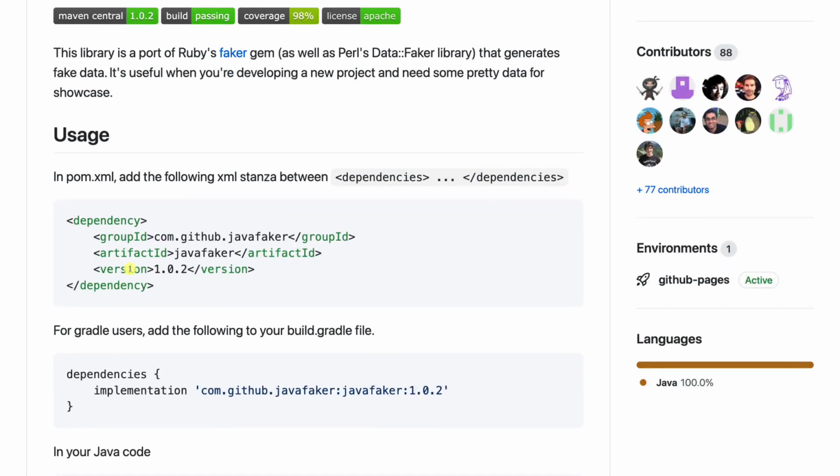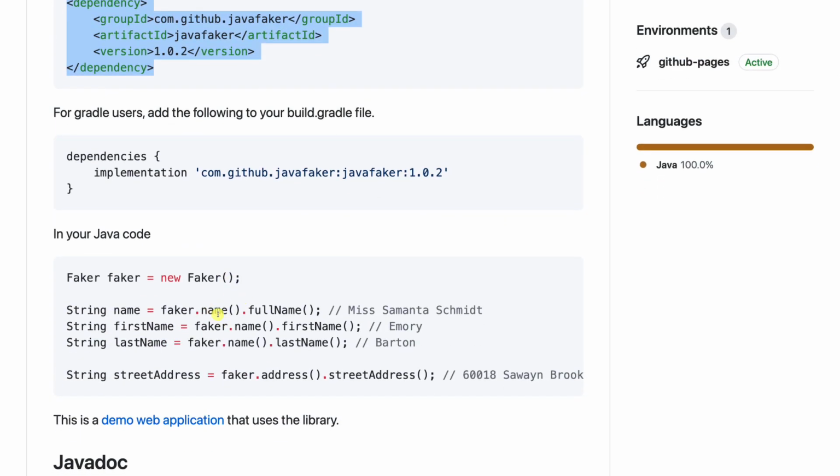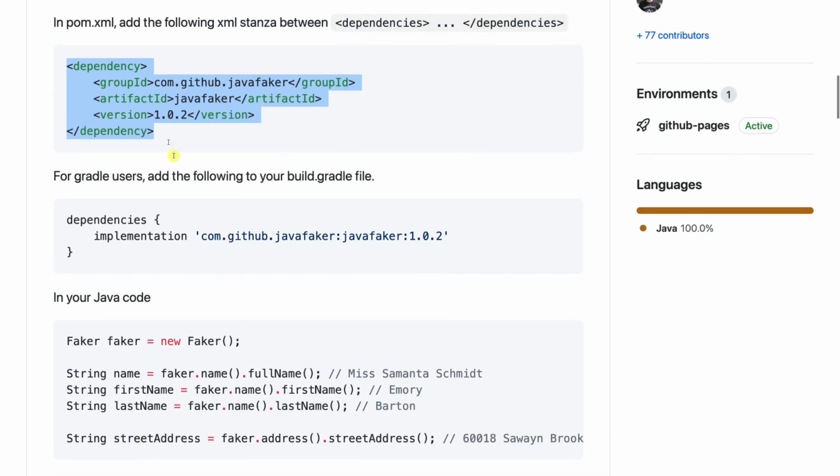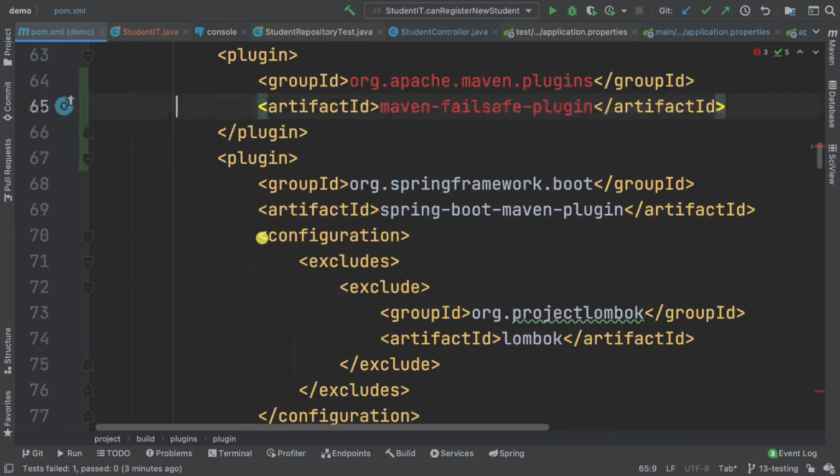So here you can see how they tell you to use it. Basically just have this dependency right here, and then you are good to go. So here you can say Faker, and then first name, and then last name, and so on and so forth. Here, I'm just going to grab this version right here, Command C, go back, open up pom.xml, and